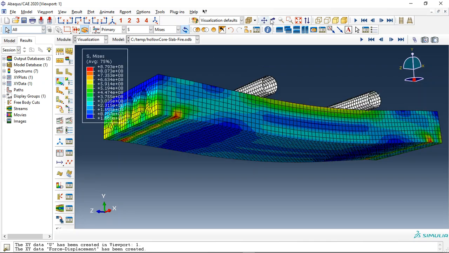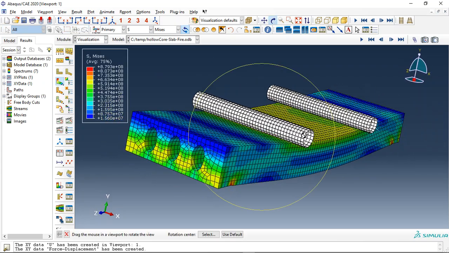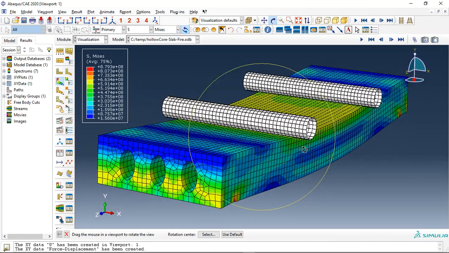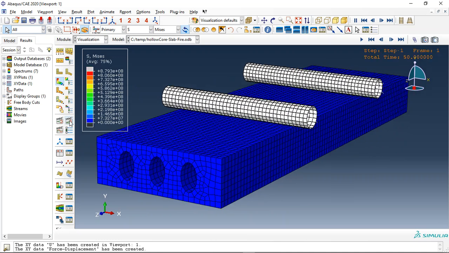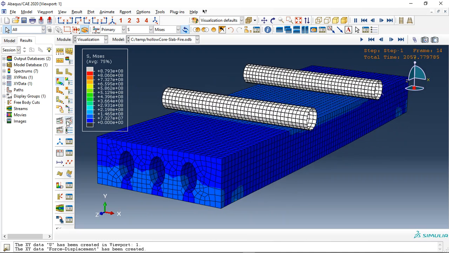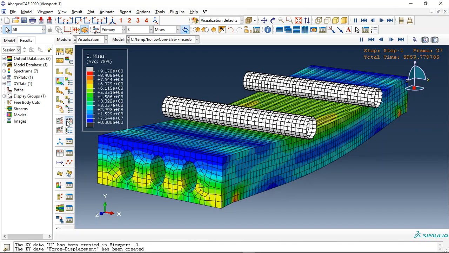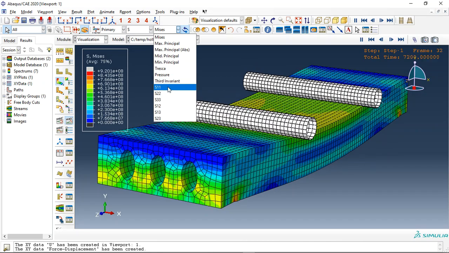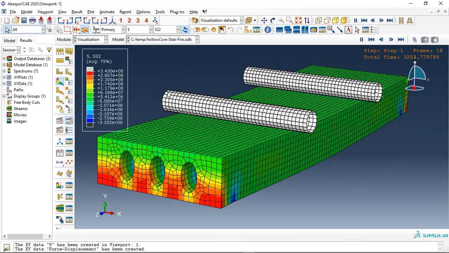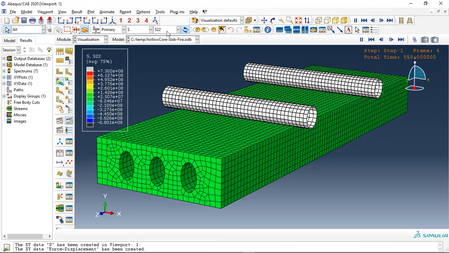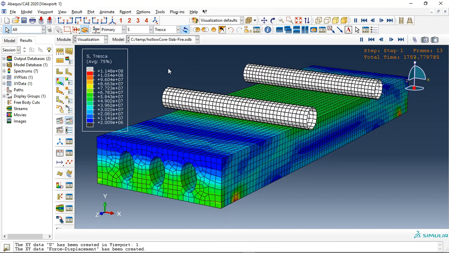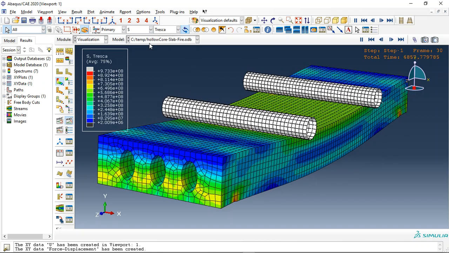And if I click here, you can see this is the stress which come from both bending and fire analysis with direct method. If I click on animate, you can see here the stress in the model. And you can see the S22 or Tresca stress or anything. And now let me check